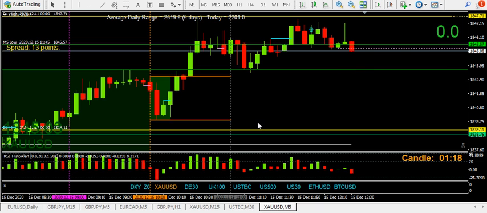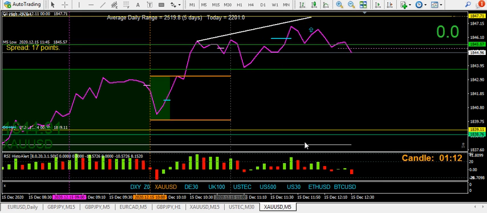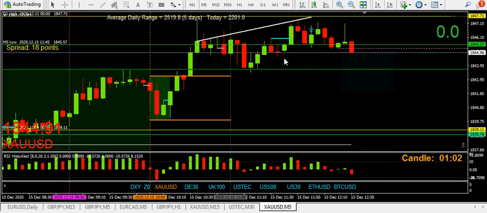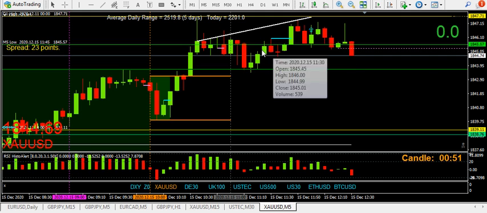Now the reason I made this video, we've also got divergence going on here. There you can see that higher high that's made a lower high, so it's a classic reversal. But that wasn't the reason I made this video. It was because I wanted to highlight the way I would like to see the perfect chart, and that is I would want to see all green here,